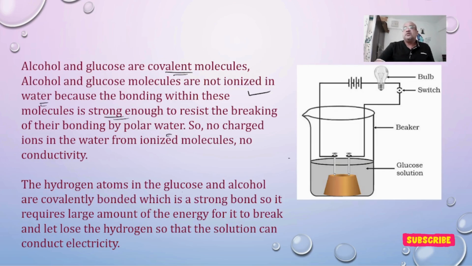So the hydrogen atoms in glucose and alcohols are covalently bonded, which is a strong bond, so it requires a very large amount of energy to break, right? So the breaking is not possible to let loose the hydrogen so that the solution can conduct electricity. Though hydrogen is present in glucose or alcohol, it is not easily available for ionization, because a large amount of energy is required for this breakage. So the hydrogen is not available, there is no ionization taking place in water,